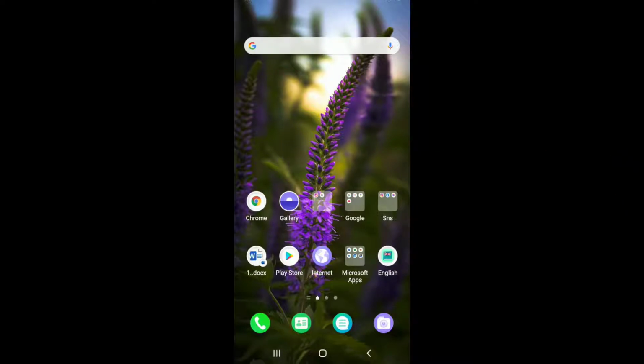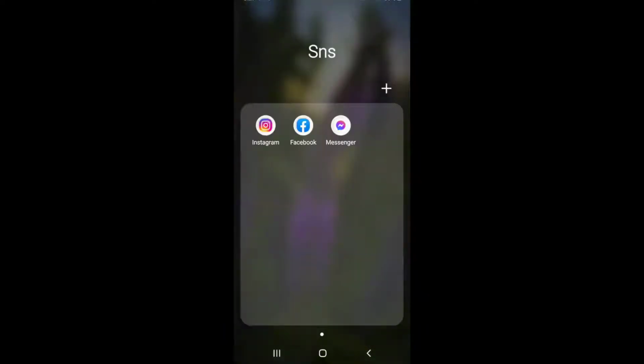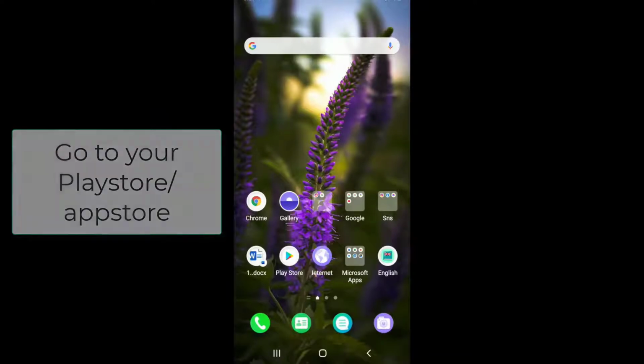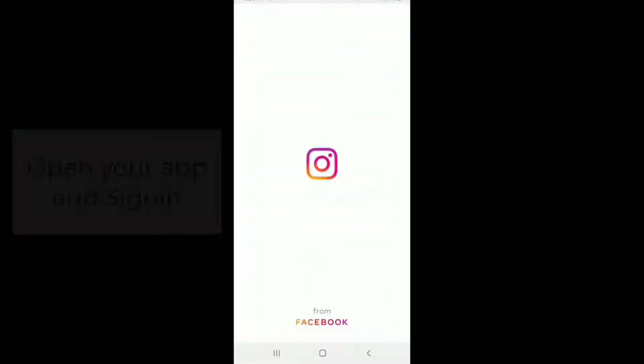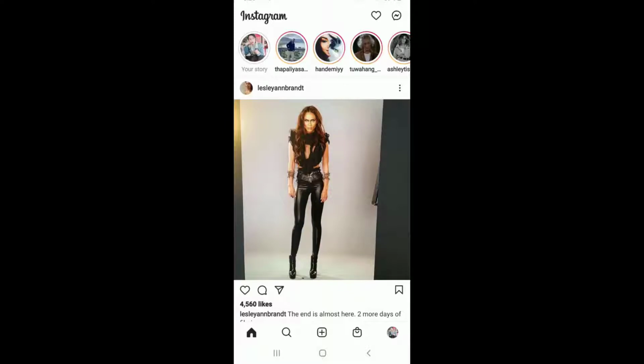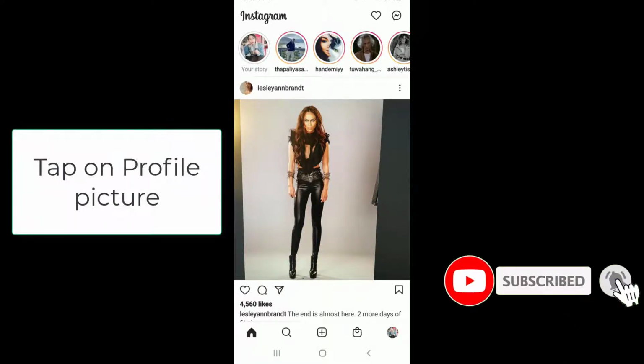To add story highlights, you'll need to log into the Instagram app. First, make sure you have it on your device. If you don't, go to your Play Store or your App Store and download it. First, tap open the app and sign into your account, if necessary. Once you're in, from the Instagram home screen, tap on your profile picture in the bottom right corner